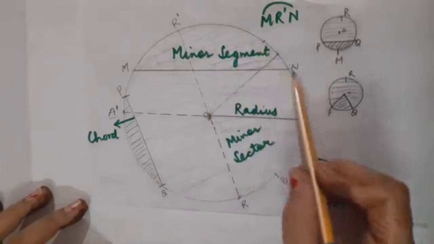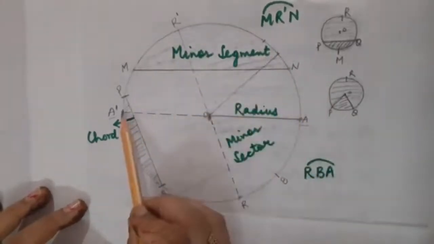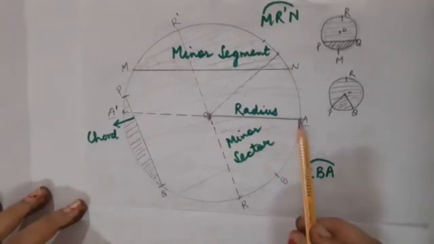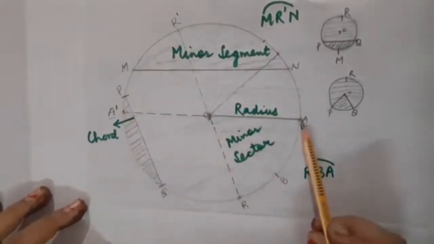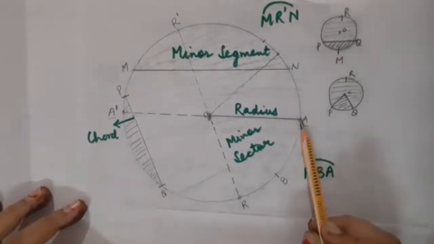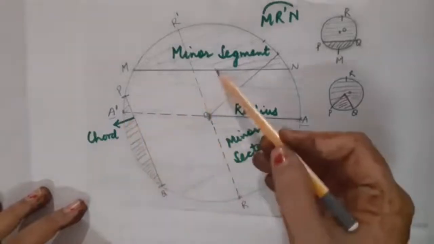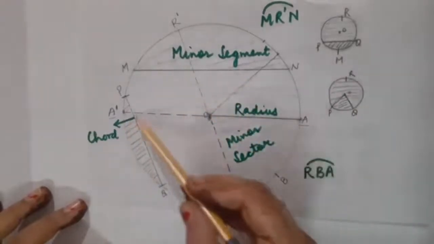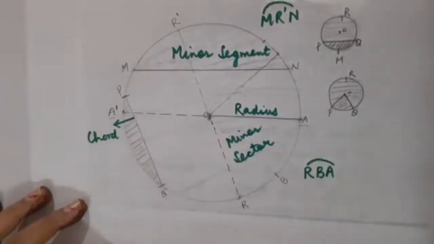Here you can see, children, that this is a semicircle formed. Suppose if I take A dash A as the diameter, then definitely this above as well as this below part will be considered as the semicircle of the circle. Fine. So you can say that a diameter divides the circle in two equal parts. So what do we call these two parts? As semicircles. Clear?